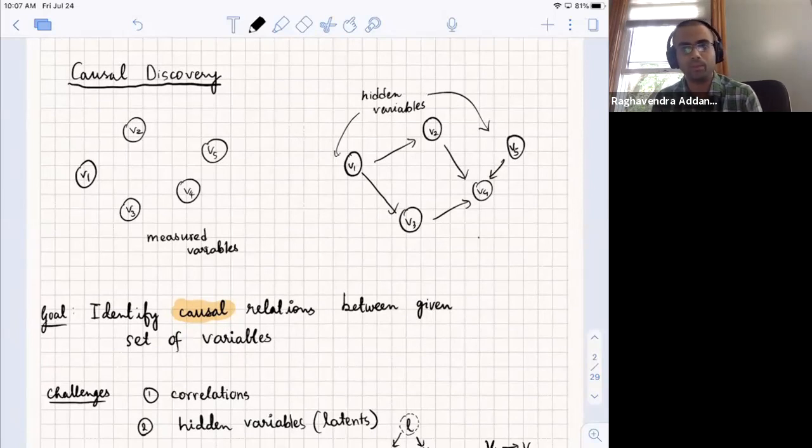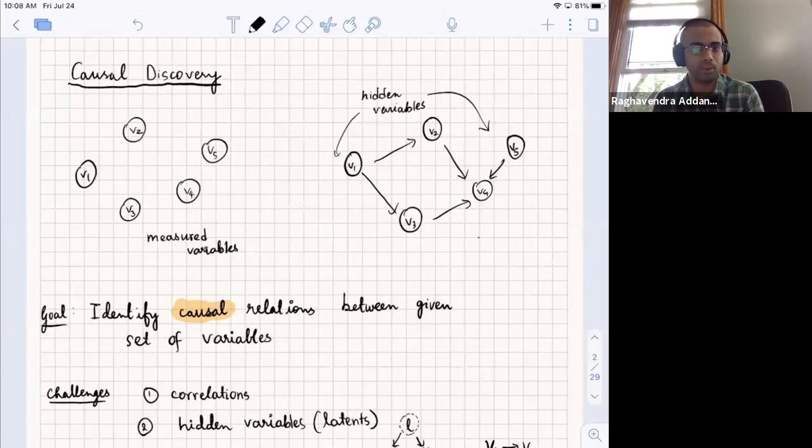We also assume that there could be hidden variables or unmeasured variables which affect these causal variables. So we cannot measure or access any distribution on these hidden variables. But the effects of those hidden variables are felt in the distributions which we sample from. So our goal is to identify all causal relations, including detecting the presence of latents, if they exist, between